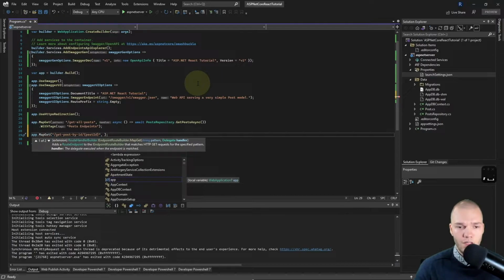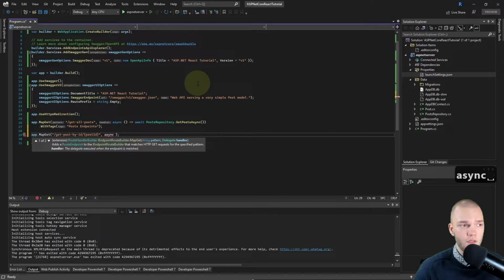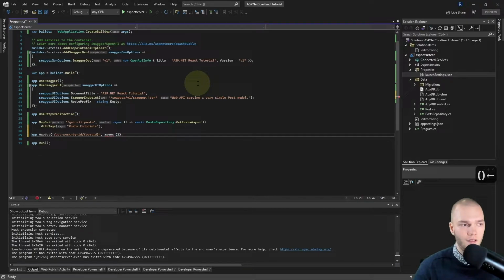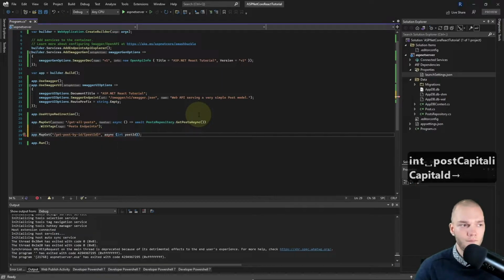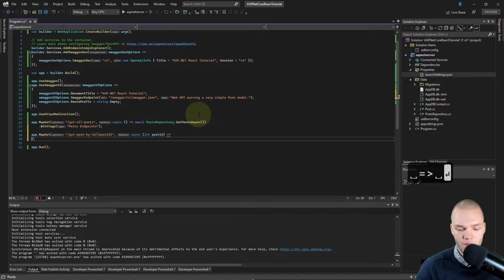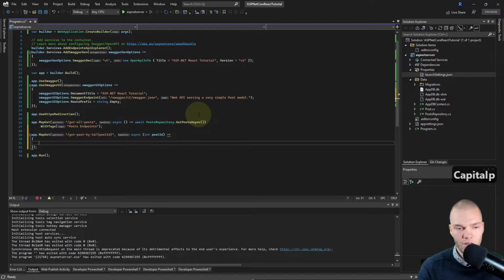So for the handler, I'm gonna do another anonymous function, so async, and the parameter will get it from the route here. So that's gonna be int postId. Then I'll do an arrow to the next line, then curly braces, and I'll declare a local variable of type Post, call it postToReturn.